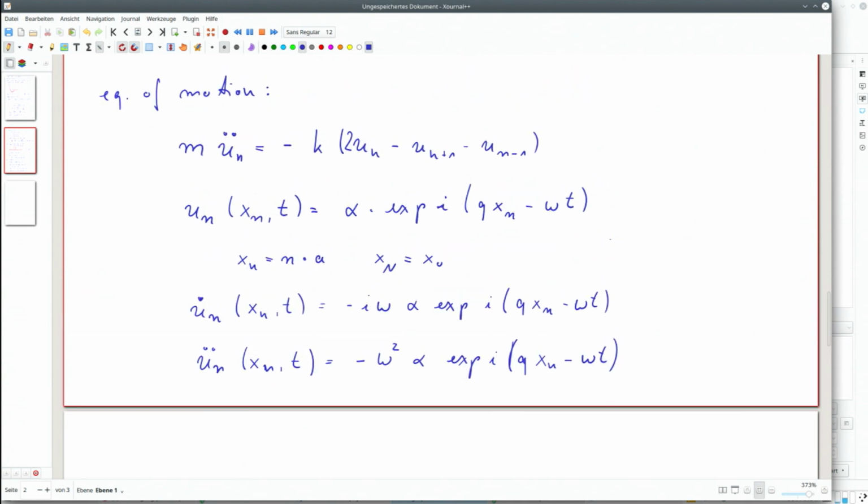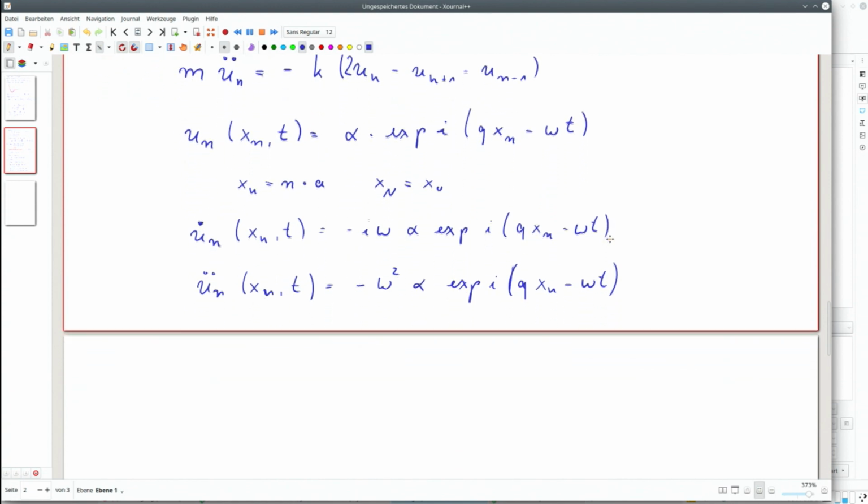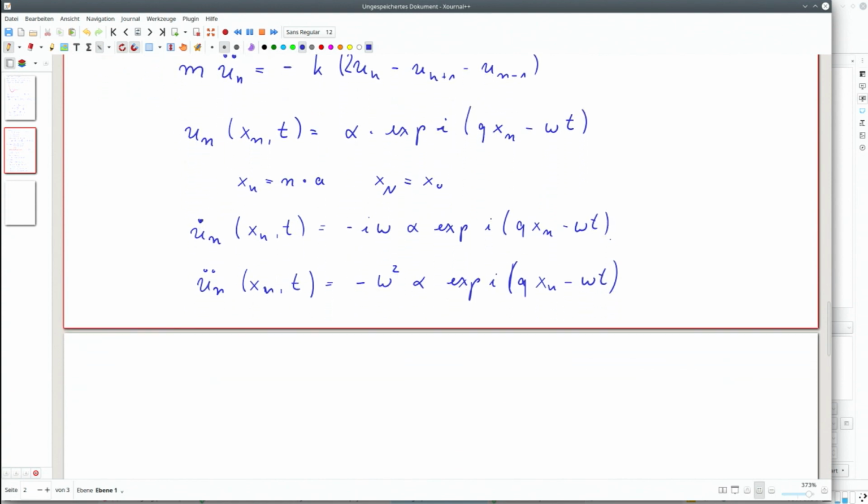So that's the left side of my equation. It's getting a bit narrow here, but I think it works. So if I put this here into this equation,